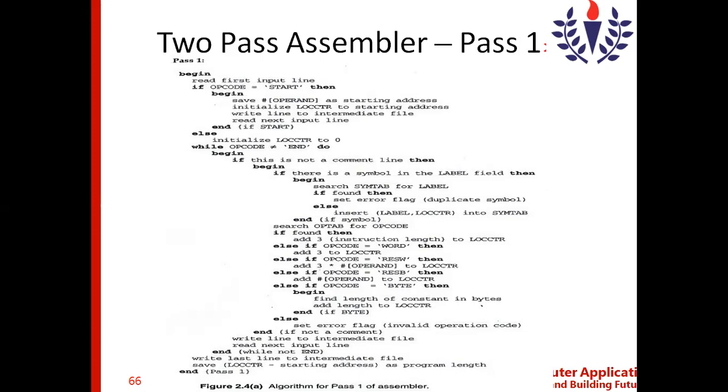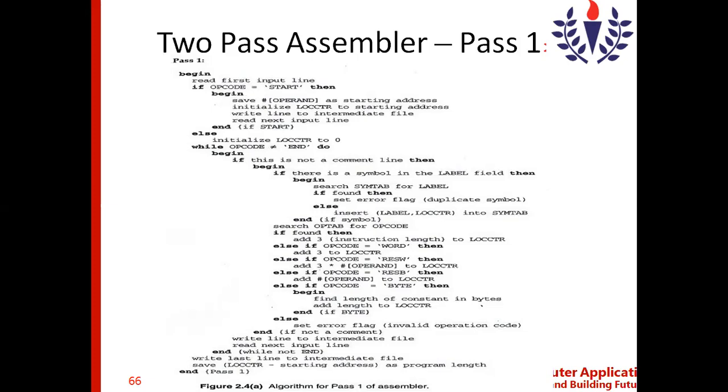So this is the first step to be done by the assembler. If there is a mnemonic, a WORD, a BYTE, a RESW or RESB, what needs to be done and how many bytes are to be added to the existing value of the location counter. That is exactly what is given in the algorithm.